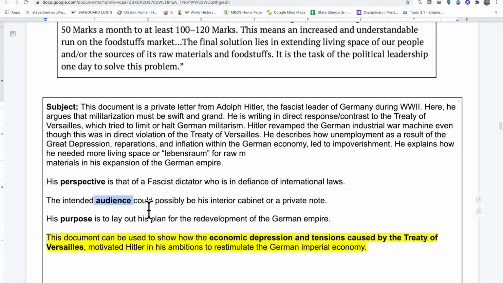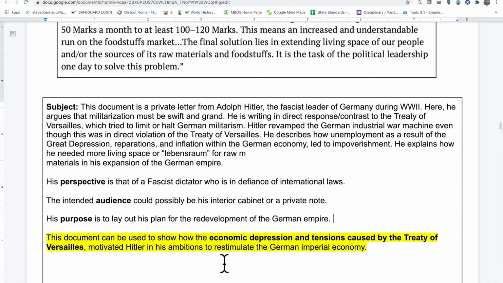His intended audience can possibly be his interior cabinet, okay? The political advisors, very close, powerful people he needs to support him to make his plan work. His purpose? To lay out his plan for the redevelopment of the German Empire. This document can be used to show how the economic depression and the tensions caused by the Treaty of Versailles motivated Hitler and his ambitions, right, to re-stimulate the German imperial economy, militarize, and ultimately become aggressive and start World